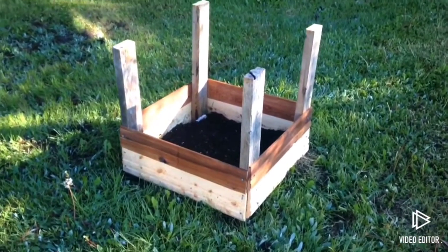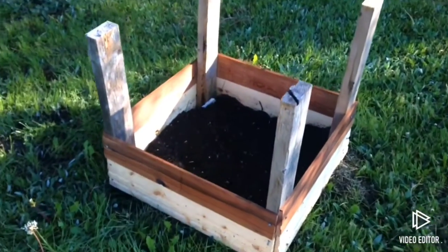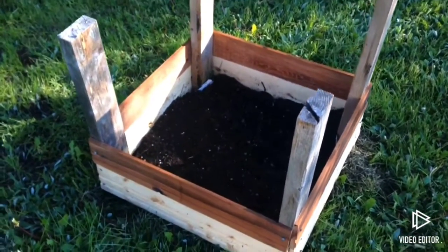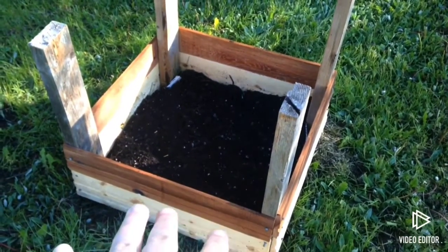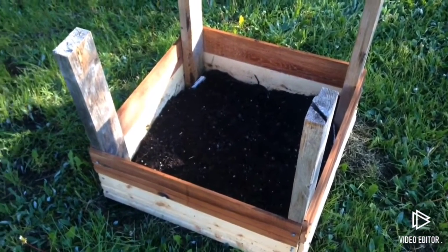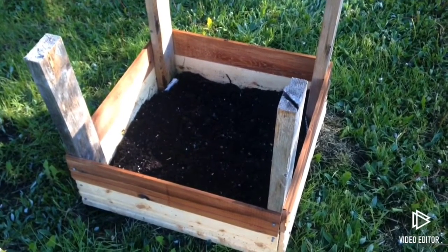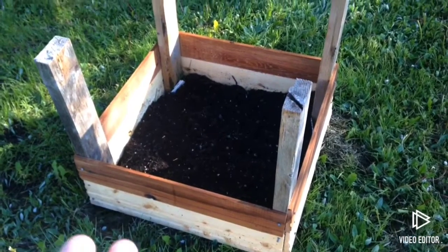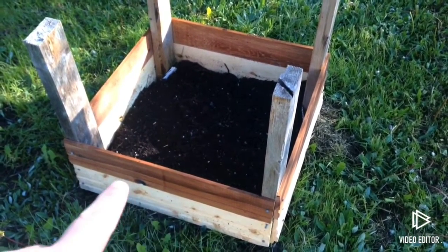So this is what I did. It's my first little box. Oops, sorry about my thumb. I put in newspaper at the bottom. I put some dirt in. I'm going to be putting, obviously, more dirt in. And then my potatoes. And as the leaves grow, I'm going to add more of the slats to the side